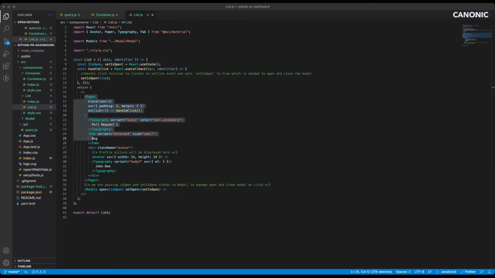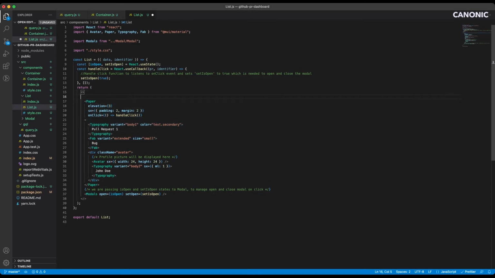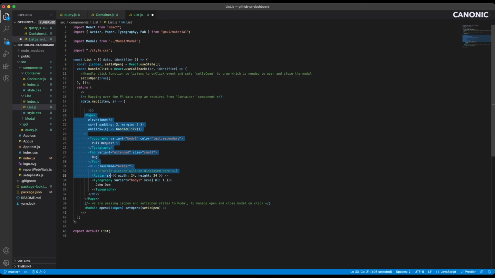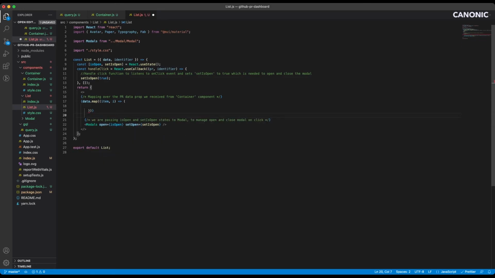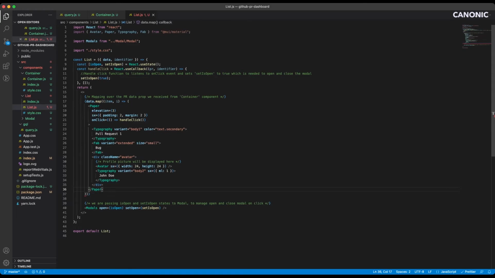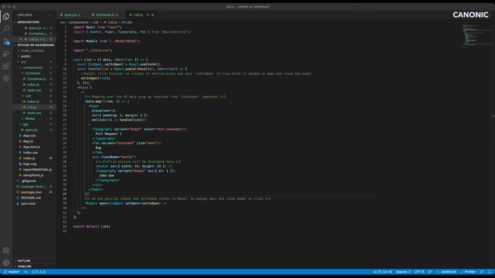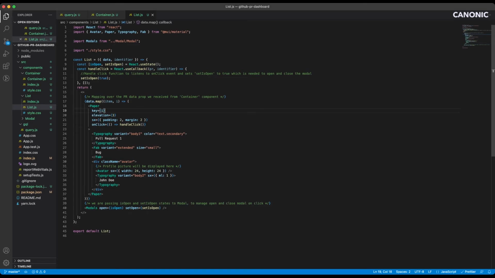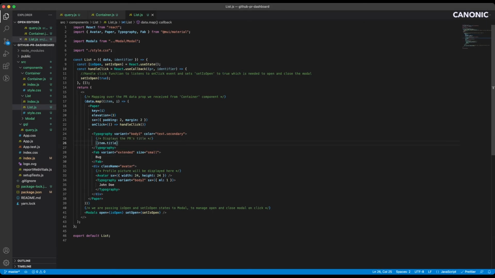Let's map over all the data that we're now getting from the data parameter. We can add this dummy list element inside our map. Now we can also assign it a key really quick. We can replace this dummy text with item.title.